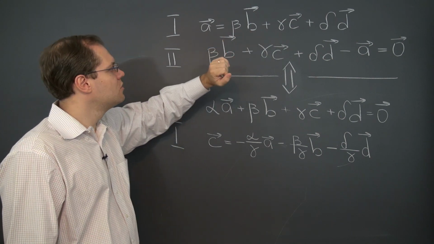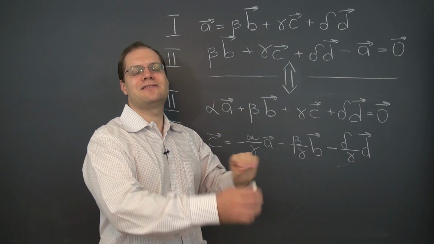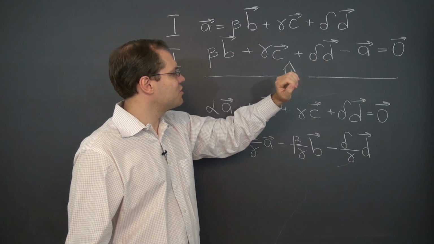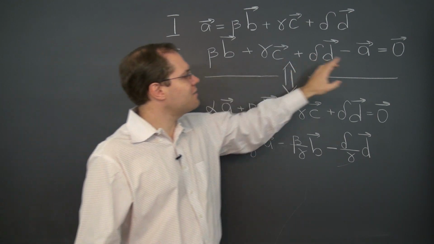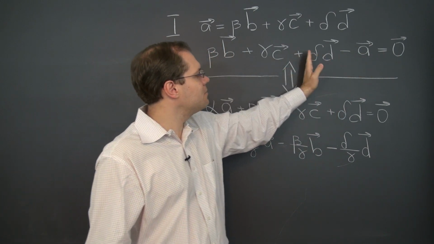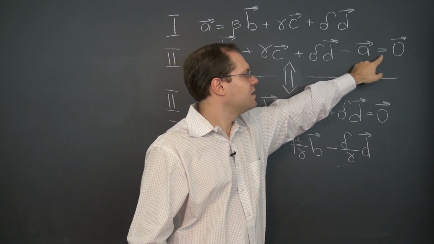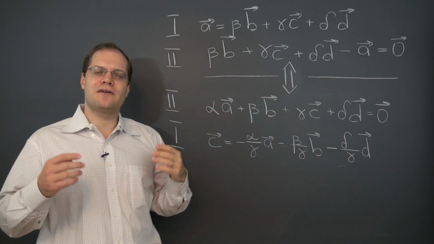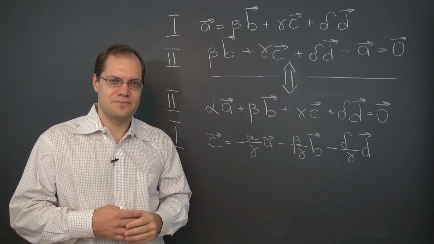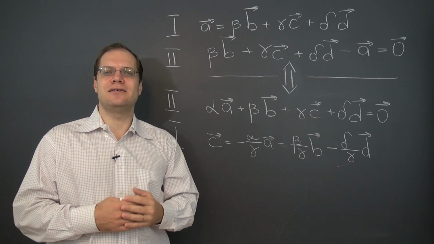So what can we do? We can move A to the other side of the equation and have the sides trade places so that all of the terms are on the left-hand side, and we would have a linear combination that equals zero. You see, it's the original linear combination minus A, that's for moving A to the other side, equals zero. So we just have to explain why this linear combination is non-trivial. In other words, why at least one of its coefficients is non-zero.